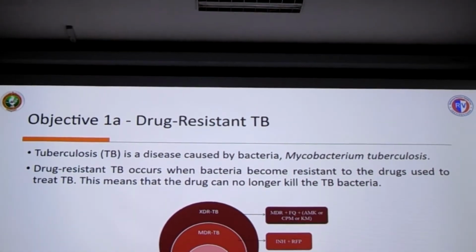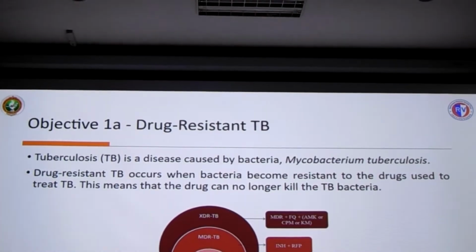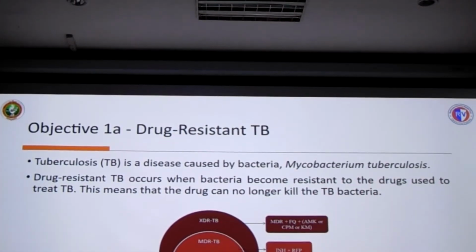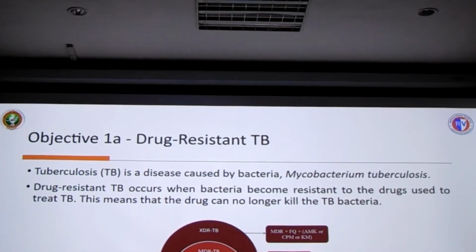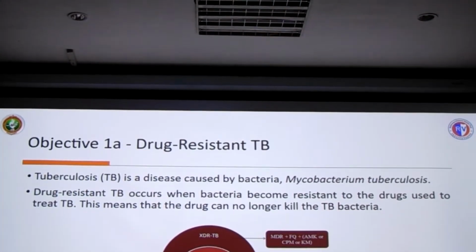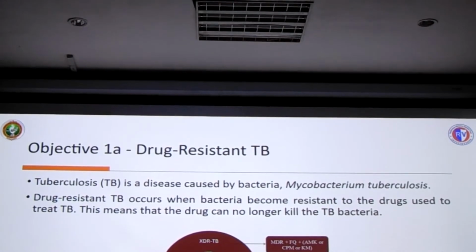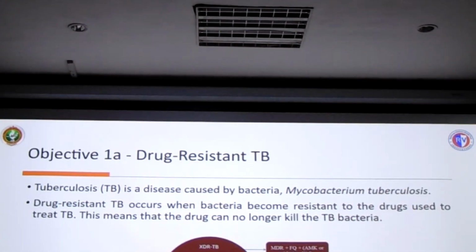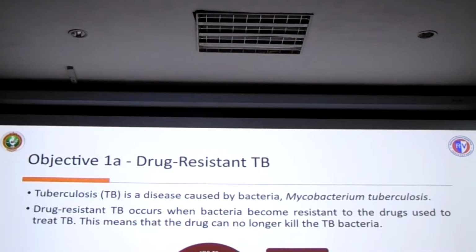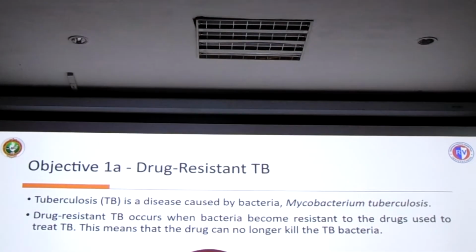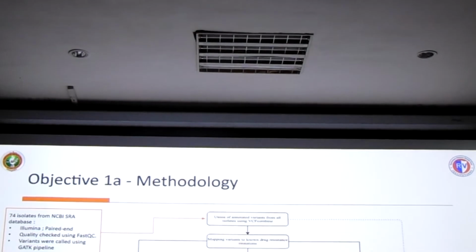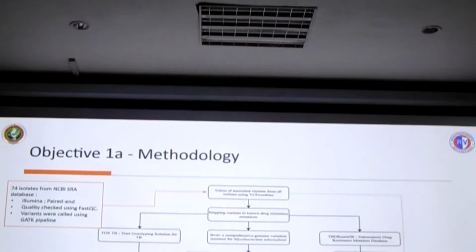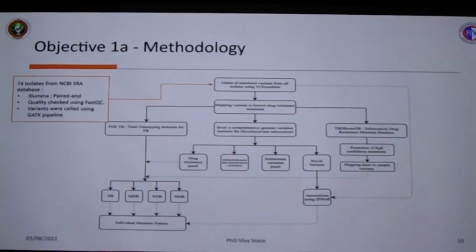If it is resistant to both antibiotics, it is considered MDR-TB. It is considered XDR-TB if it is resistant to both INH and RIF, and also to the second-line antibiotics given to treat tuberculosis. So this is the main criteria used for the classification method. This is the framework methodology. For demonstrating this methodology, we have considered